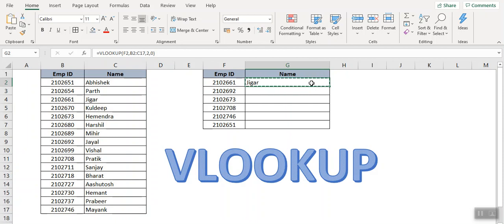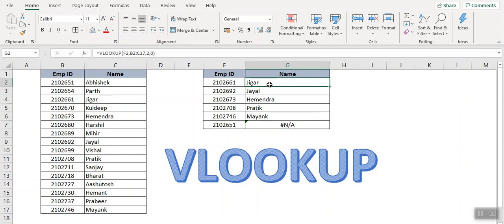Now simply copy and paste the formula in each cell. Now here you can see that for this particular employee ID we didn't receive the value. Let's understand the reason behind it.